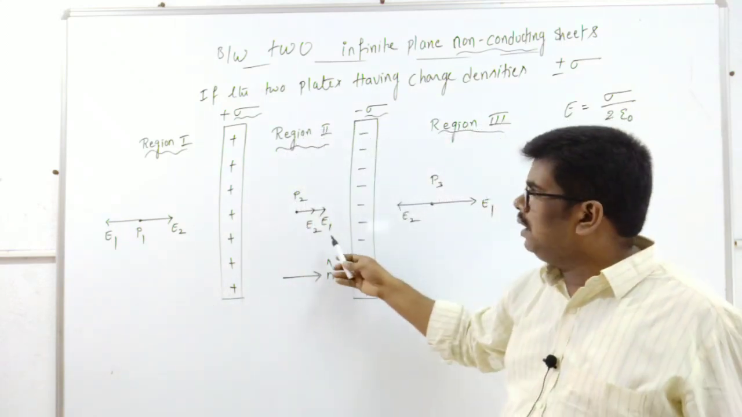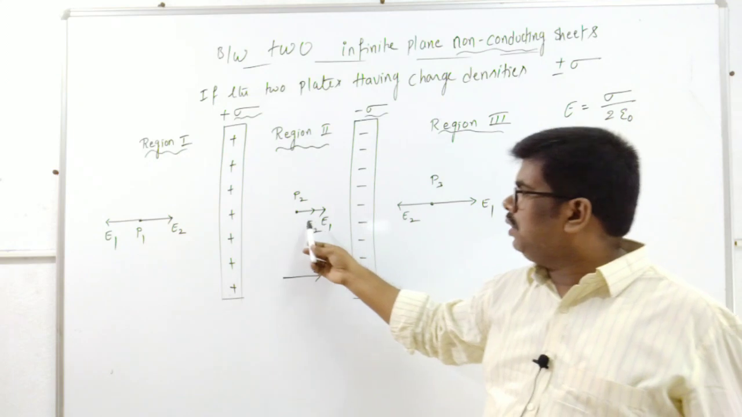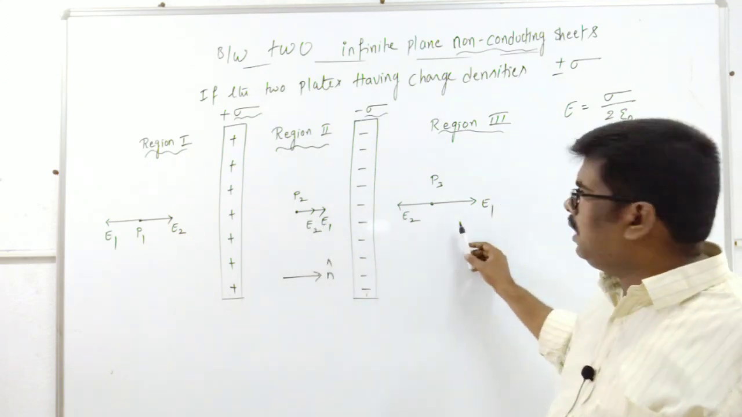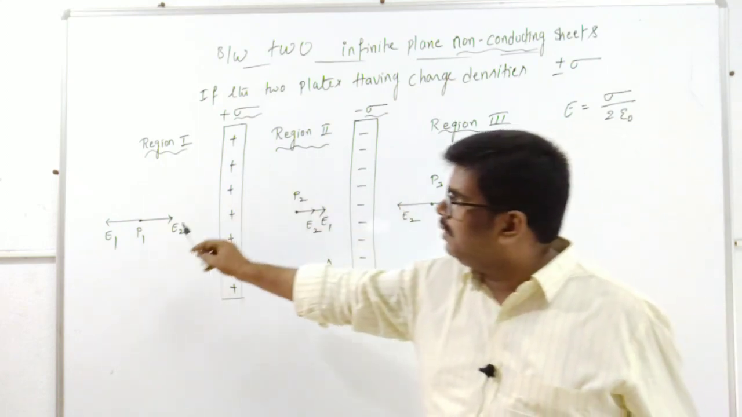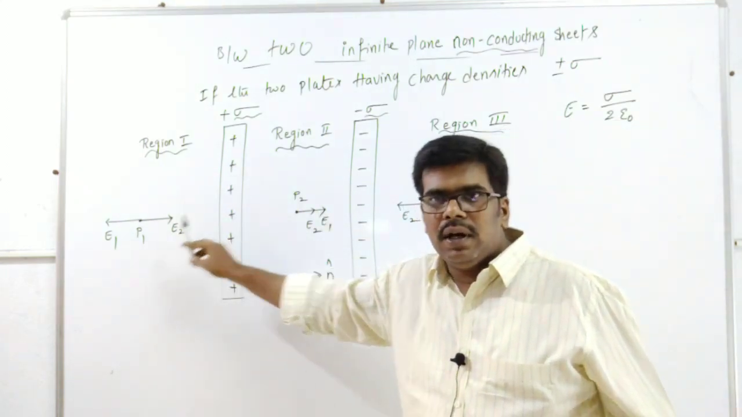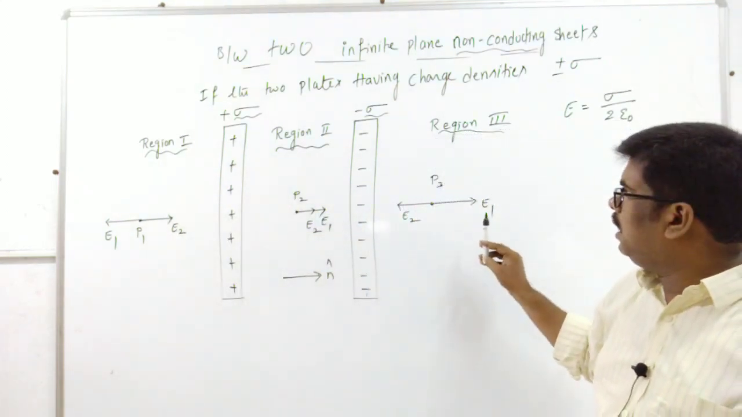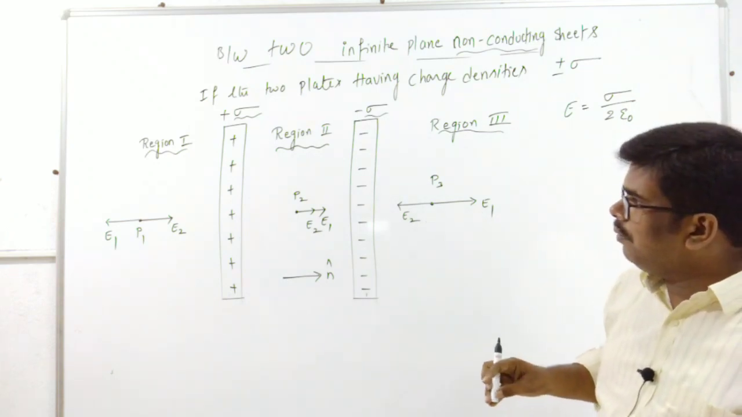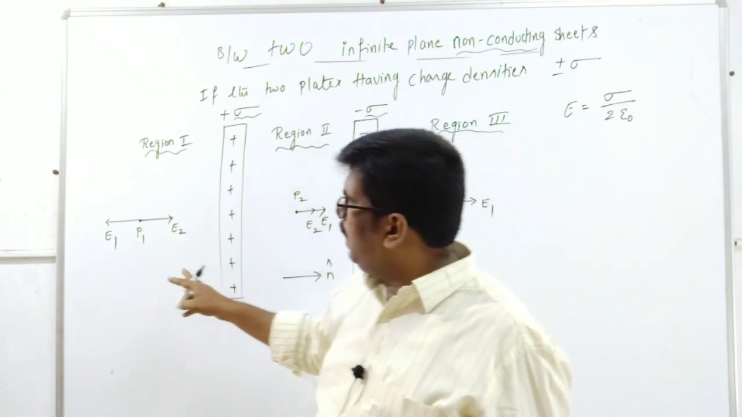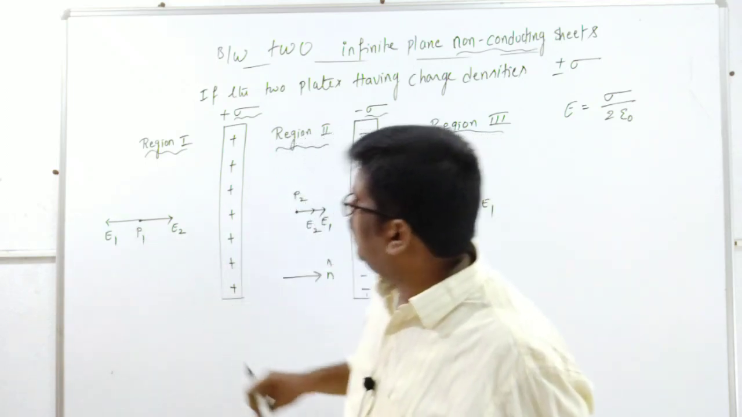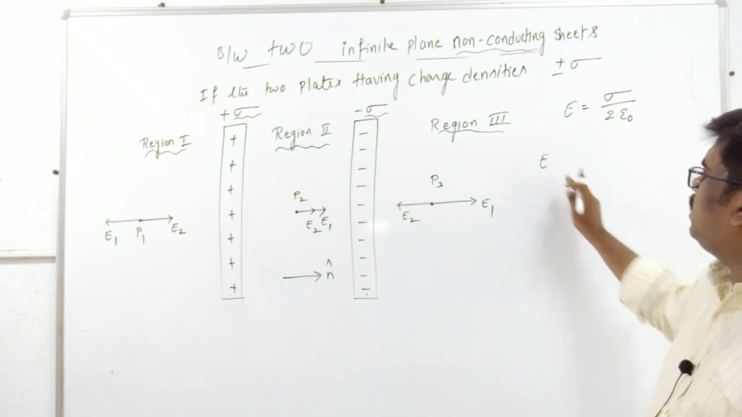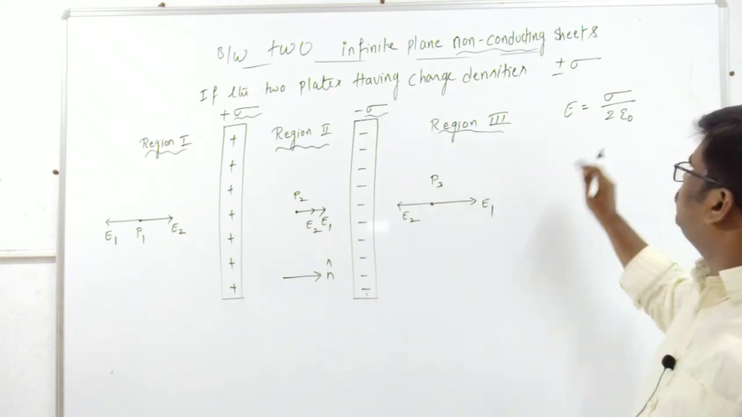Similarly, if you observe here, the electric field intensities are both along the same direction, so they won't cancel each other. But here, again the same thing will be repeated as you saw in region 1. Here the electric field intensity will be 0 because they are opposite in direction. So now we calculate the electric field intensity in region 1, that is at P1. You can write: